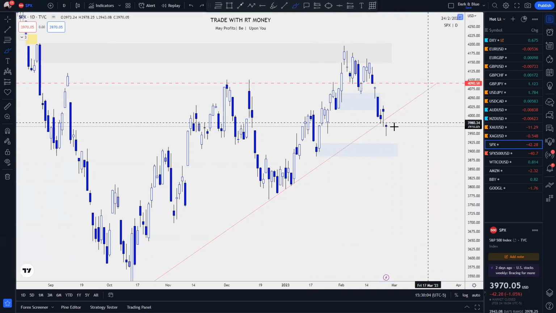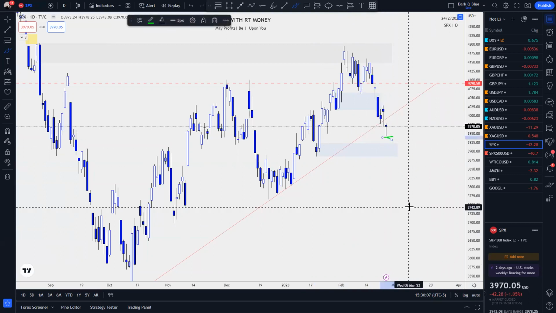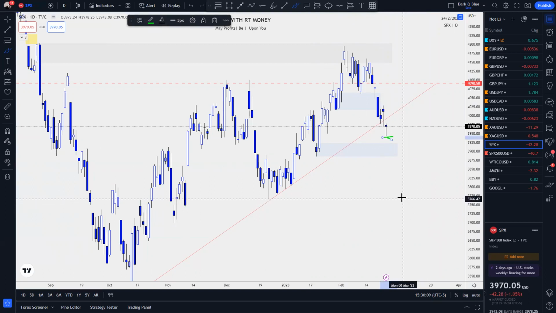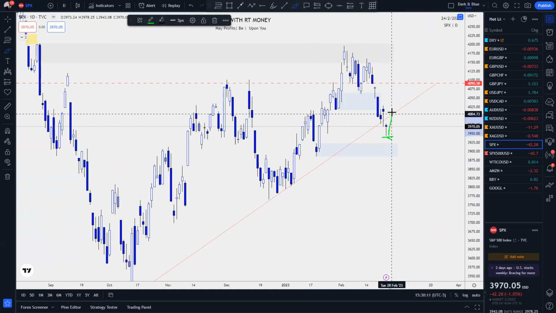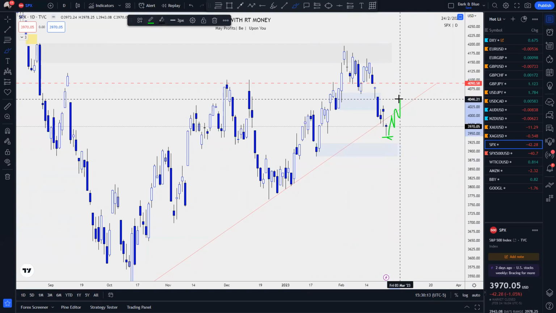3925. We're almost there. I wouldn't take a short from here. I would not do it. I'm looking for price to flag. Let it bear flag up here and then come back down. All right, we'll see how this goes because the